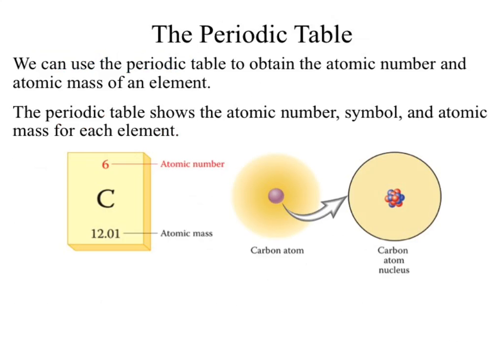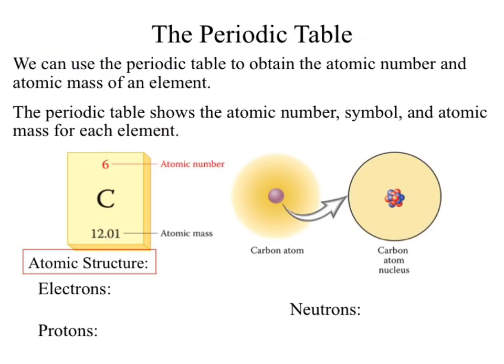Okay, let's see. Where's my slide? Not quite. So our periodic table, we can use that to figure out our atomic number and our mass number. You'll notice in this case, the example shown up on the slides, those numbers are centered above the symbol. They aren't shifted off to the sides like on our periodic tables up on the walls. We can still get that information regardless. You just have to make sure that you know where to look for it. The next big issue, I think I'll end with this.